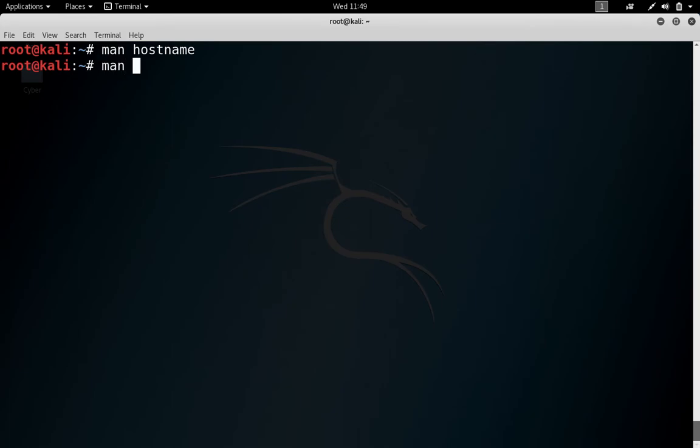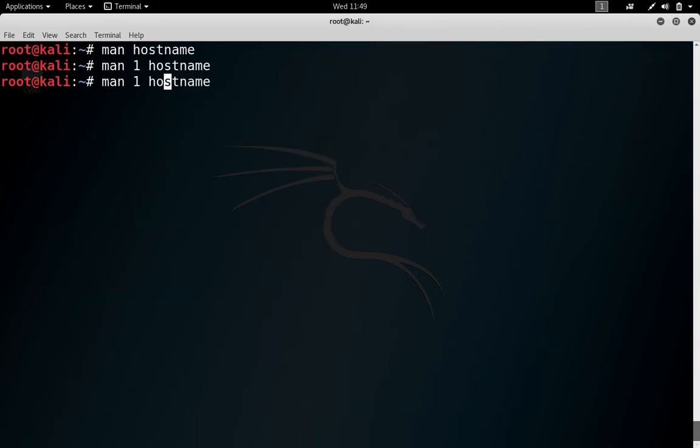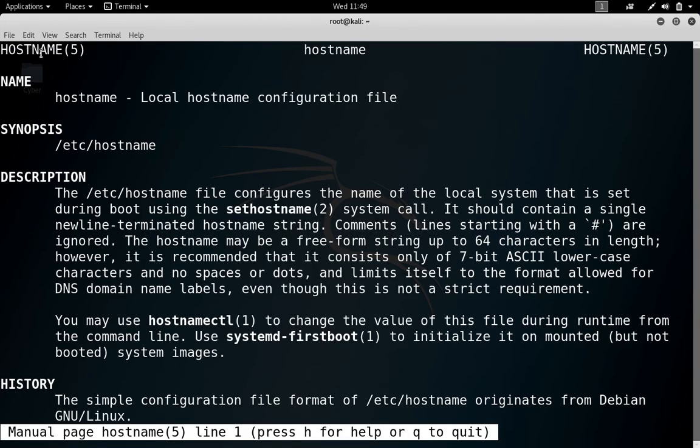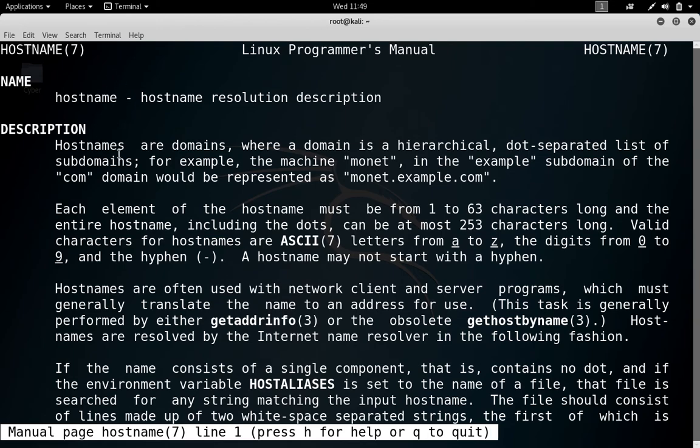But if you want to check the content from a specific section, you have to type man 1 hostname, or try to check it from 2, but there is no entry in 2. You can type 5 and then you can see there is content from 5. Similarly, you can type man 7 hostname and you will see the content from the 7th one, right?